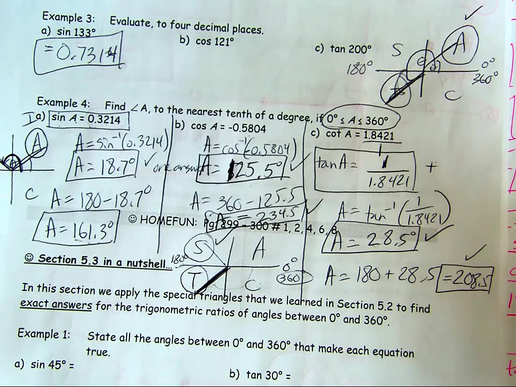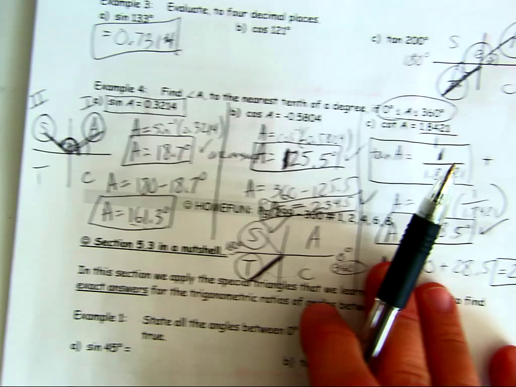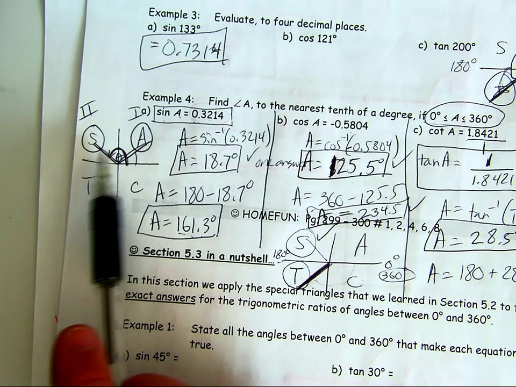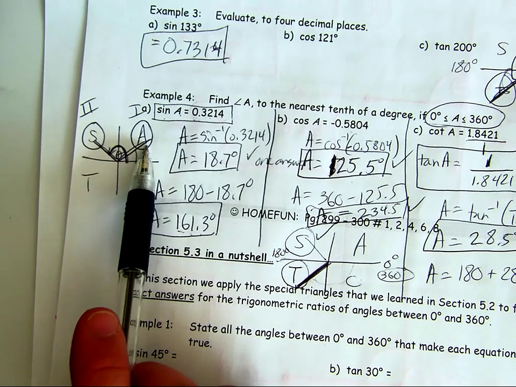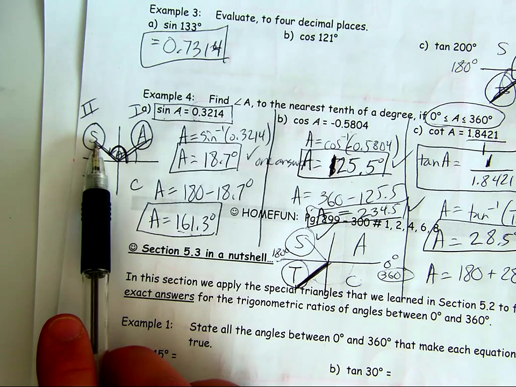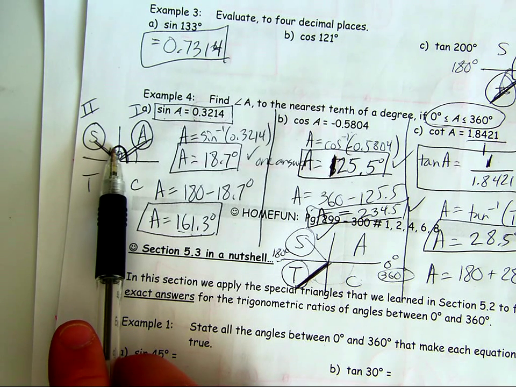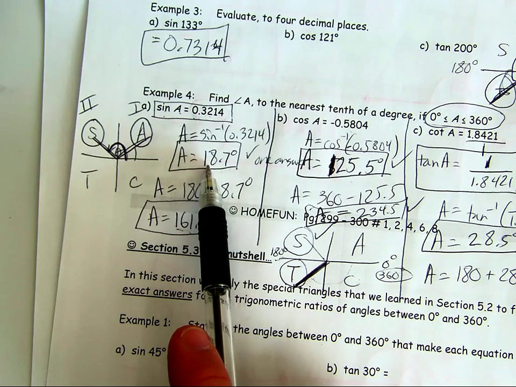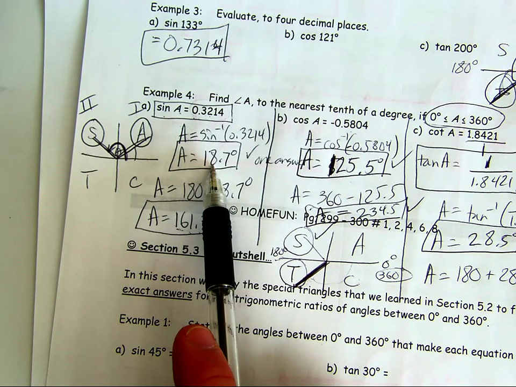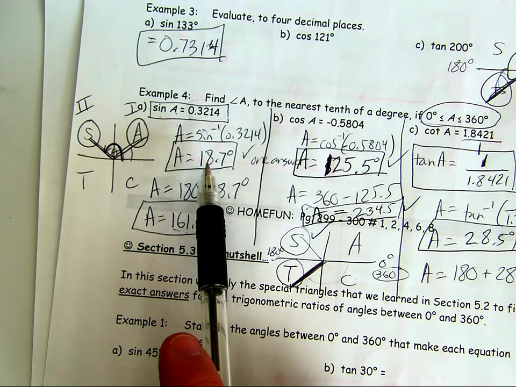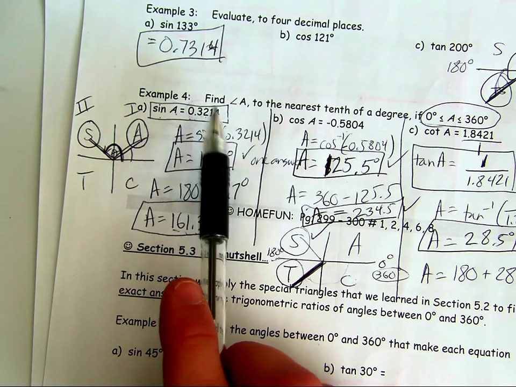So from now on, your calculator does not know how to distinguish between two different answers for angles. Okay, so you have to understand that when you're doing sine A is equal to a positive number, there are two instances where sine is positive. Sine is positive in quadrant 1 and in quadrant 2. Therefore, you may have an acute angle and also an obtuse angle. Your calculator does not know the difference between the angle of 18.7 and 161.3 when you're dealing with sine. And you can verify that because if you plugged in 18.7 here, it's going to give